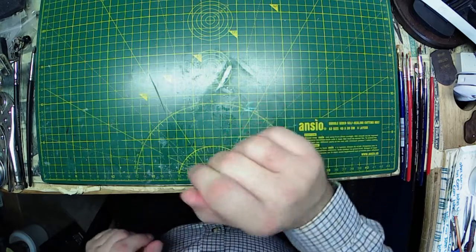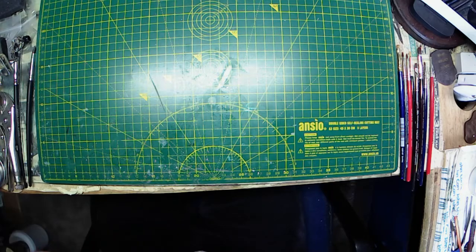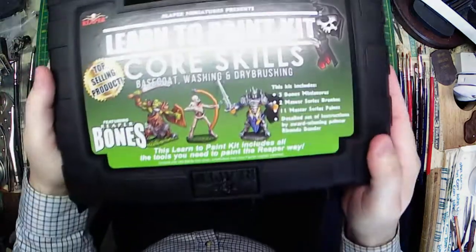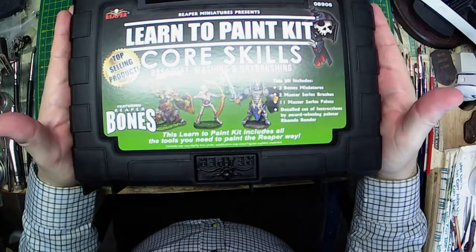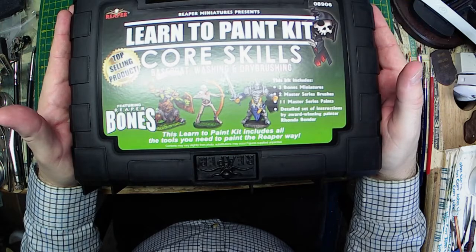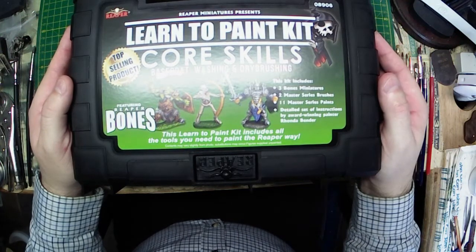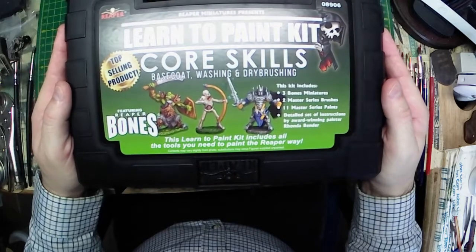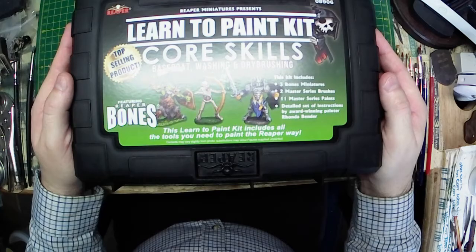Speaking of which, I thought today we'd have a look at one of the more popular things that Reaper make. These are always good sellers and people like them, and it's the Core Skills Learn to Paint Kit. This is number 1 in the Learn to Paint Kit series. There is the follow-on, number 2, afterwards, but they both take much the same sort of thing. But these are always very popular, and I'm going to show you why, because there's a lot of good stuff